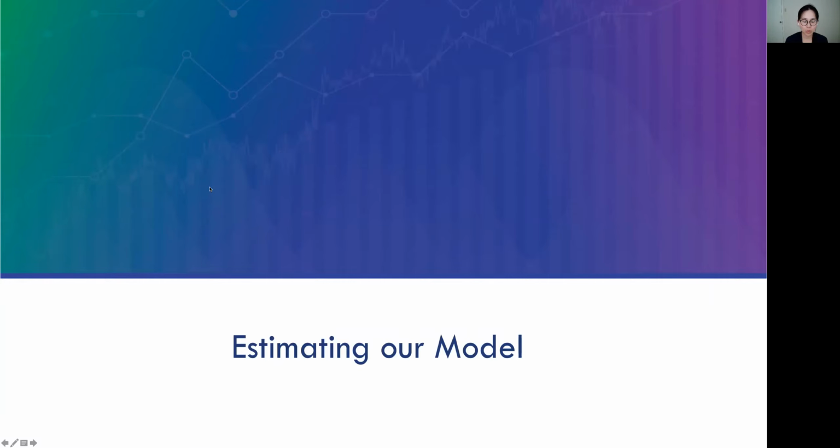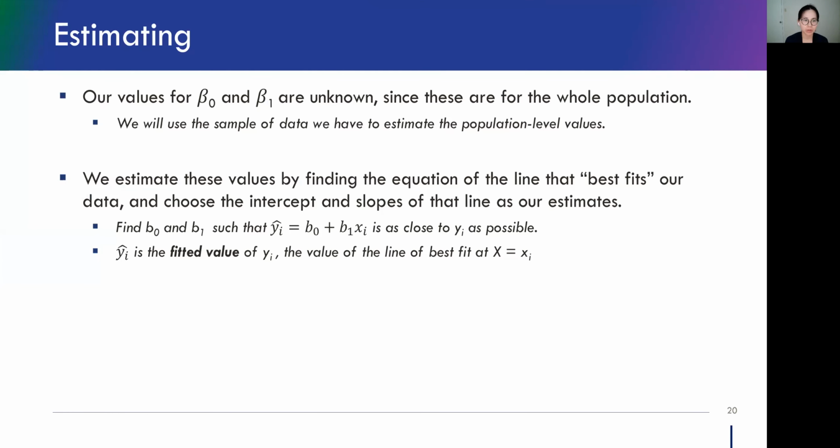In this session, we are going to talk about estimation. From the previous session, we have established all the terminologies and the linear model that we have. So here we're going to estimate the value for the coefficients beta 0 and beta 1 in the simple linear regression model. And we know those two parameters are unknown,